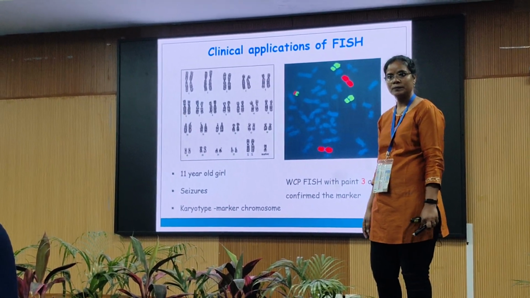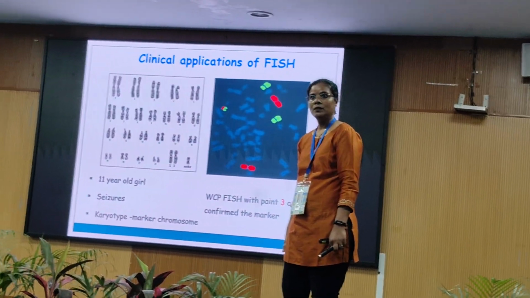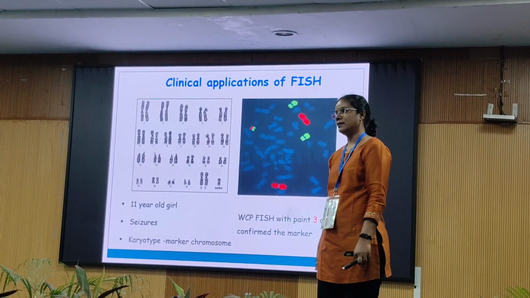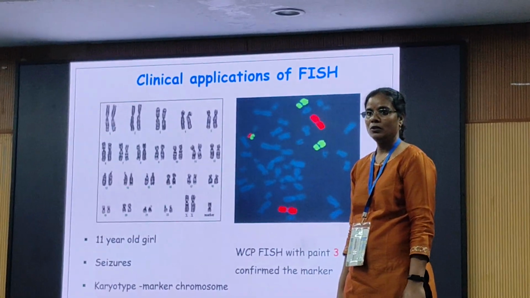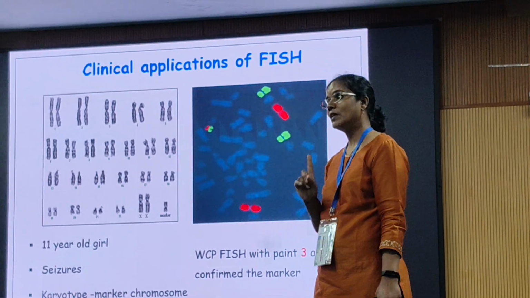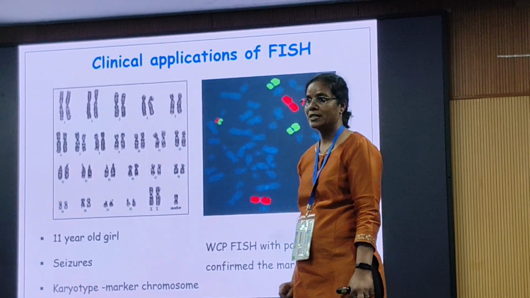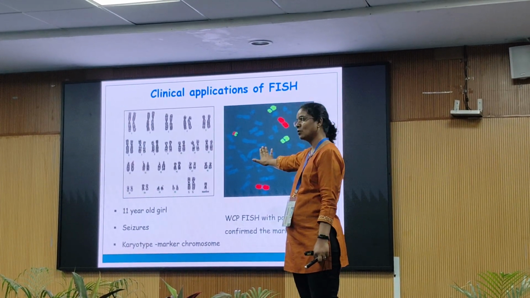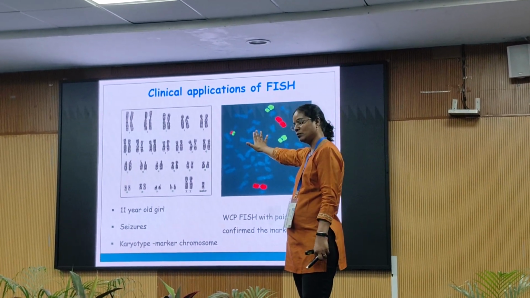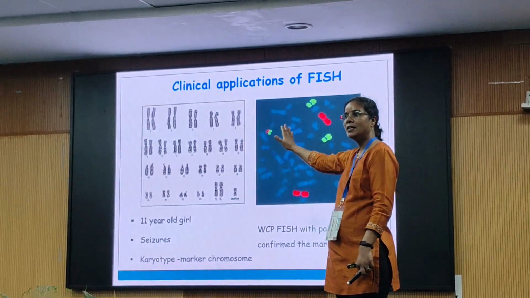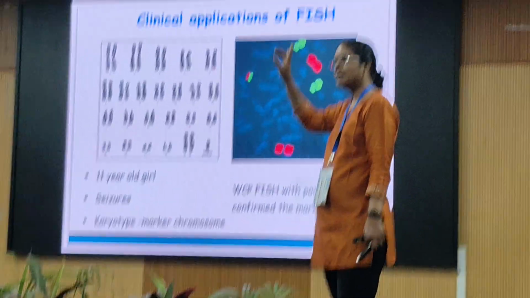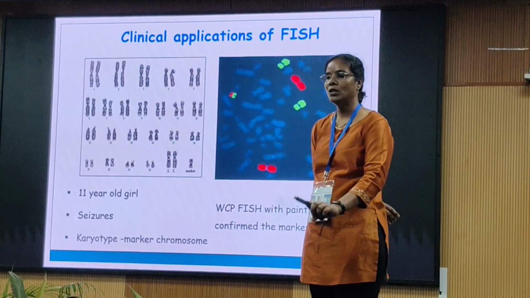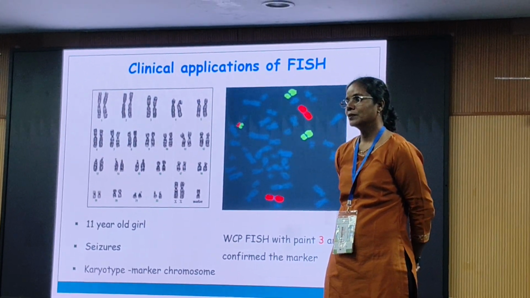But which probe to use in FISH? We could get that information from the CMA results. Otherwise you keep on testing for all the probes. How will you do? There is one test where we can do. Can anyone tell what that test is without CMA? I have a microarray, I have a karyotyping result here, there is a marker. What is that other test which I can do without CMA?